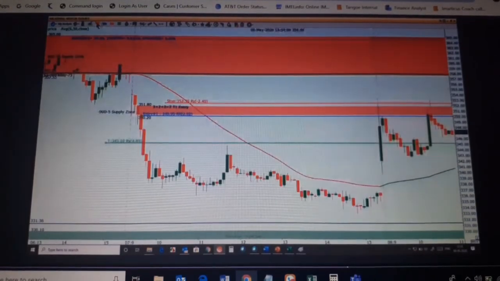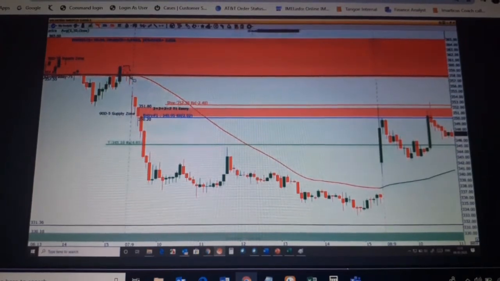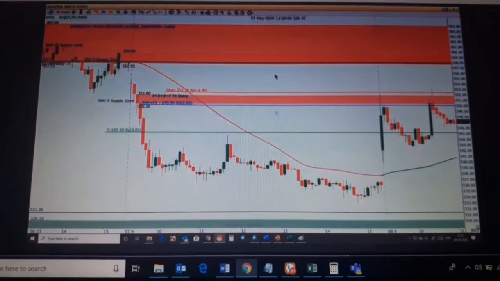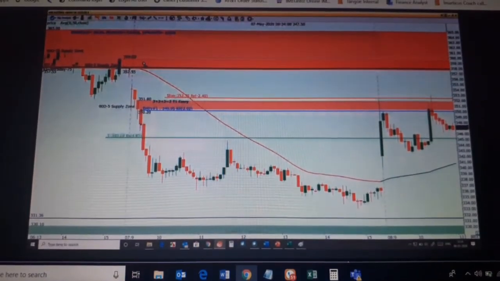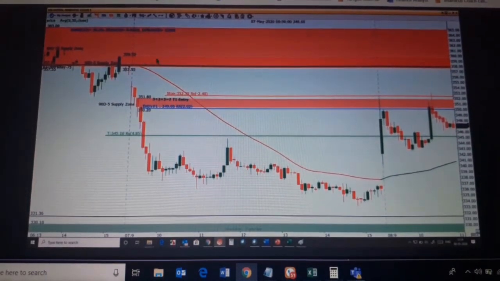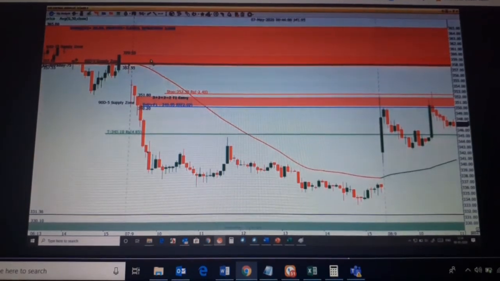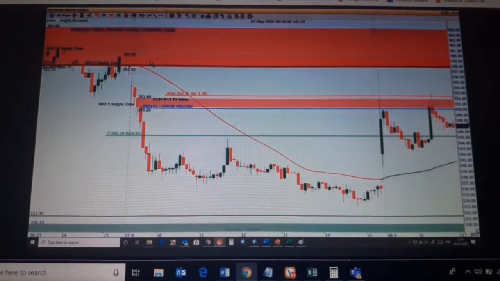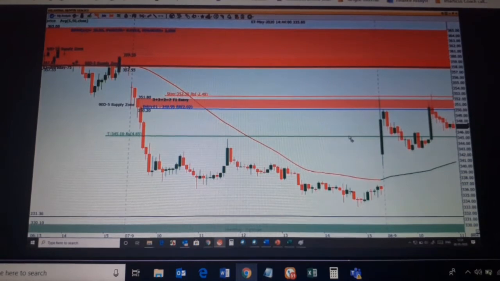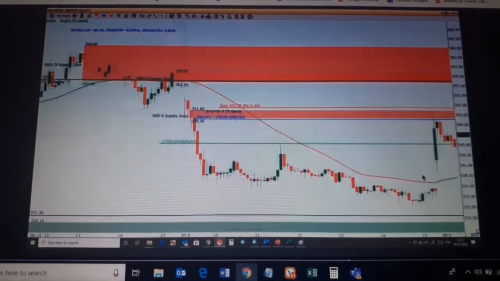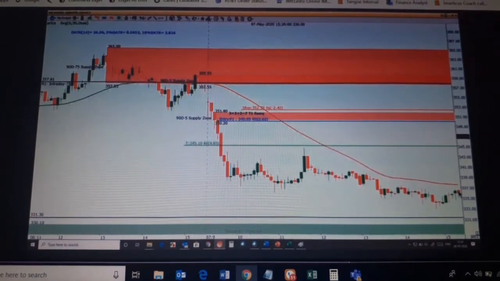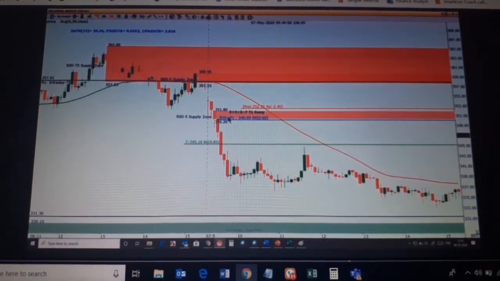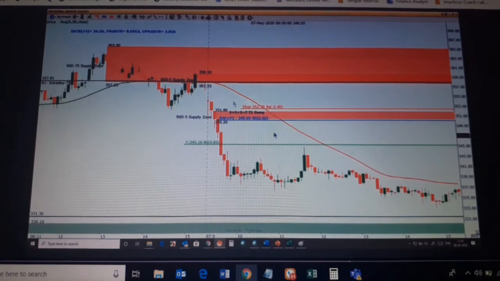See, now this supply zone is a supply zone, but why are you selecting a supply zone which is not closer to your current market price, which is farther from your current market price? Also, the score for this will be 7 only. So I will be marking from the current market price. This is where the price closed yesterday. So I have to start from the current market price and look up for a supply zone. Simple. I have to look down from my current market price for a demand zone.